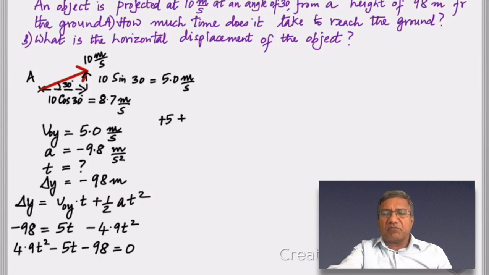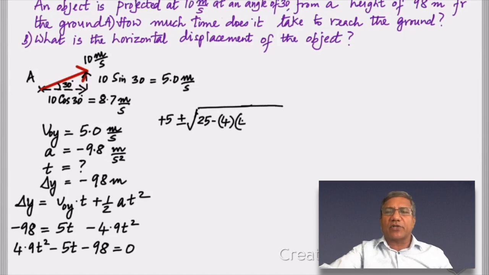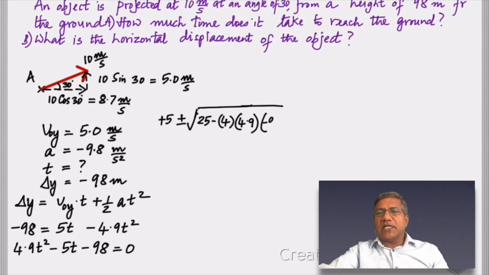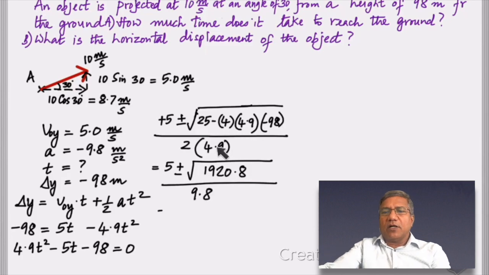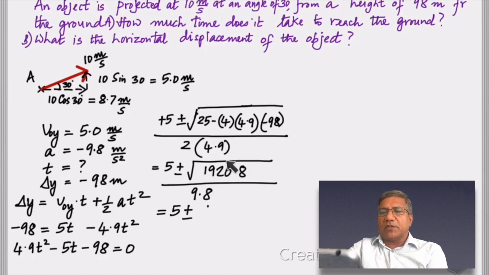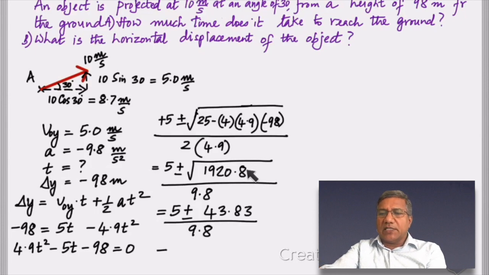And looking at this equation, you see that a is 4.9, b is negative 5, c is negative 98. So when you plug it into the quadratic formula, you get this. 4 times a is 4.9 times c is negative 98. The two negatives there make a positive, and you get